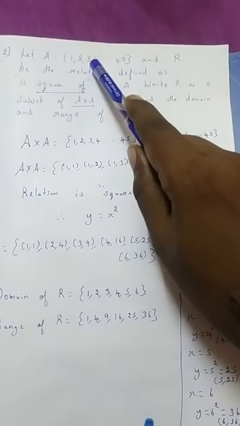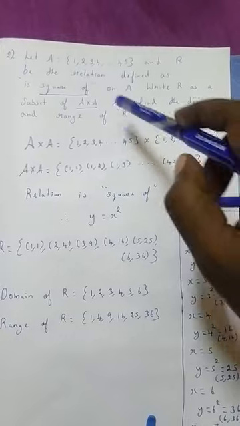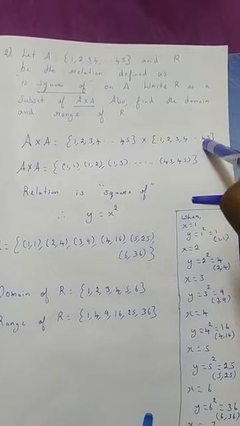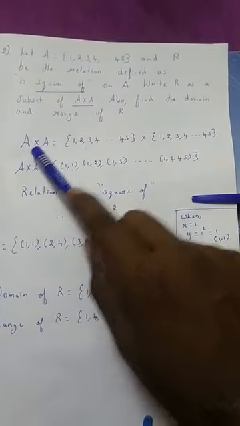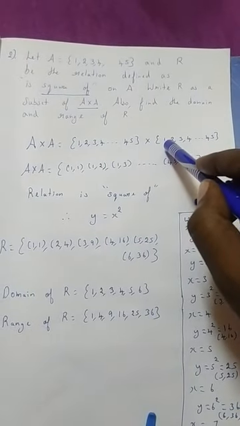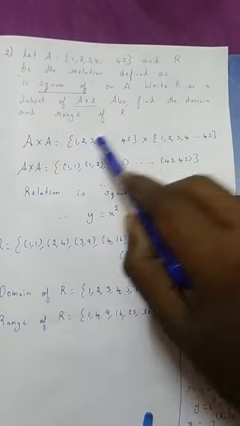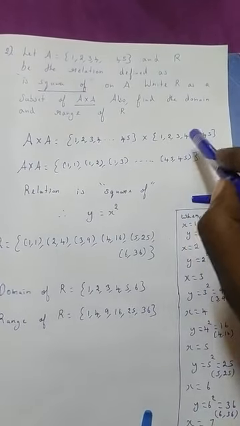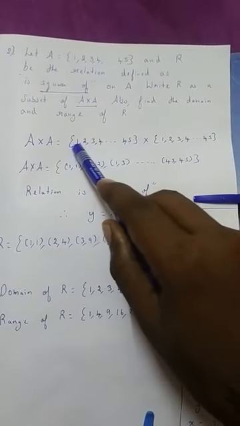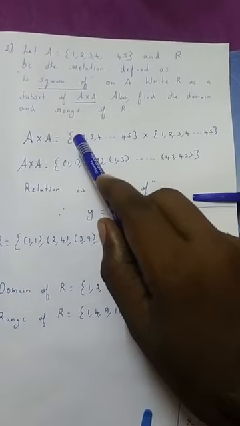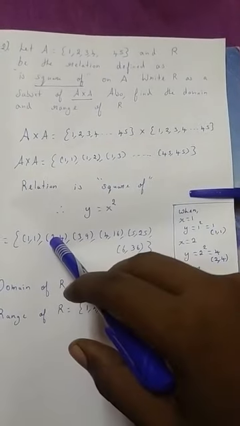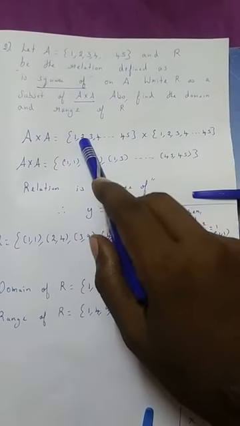What is A? 1, 2, 3, 4 up to 45, cross A. Once again we write the same set, 1, 2, 3, 4 up to 45. Now we have to find the Cartesian product. How to find it? We take the first number and proceed further. That is 1, 1, 1, 2, 1, 3, 1, 4. Here we have numbers up to 45, which means we can make 45 possible ordered pairs with this single number 1. That is 1, 1, 1, 2, 1, 3 up to 1, 45. Right? Then we go for the second number, that is 2.